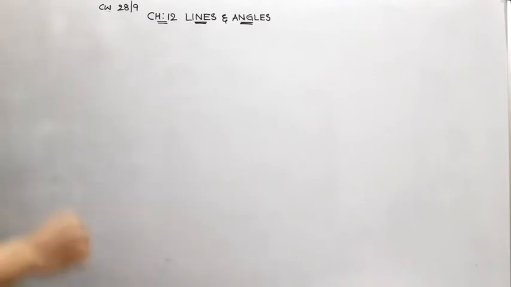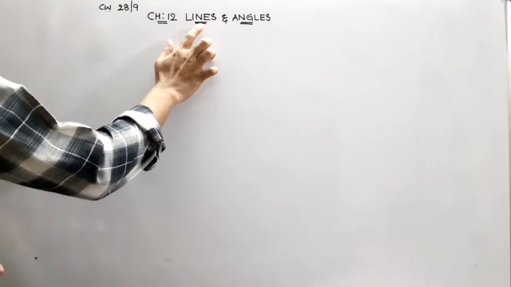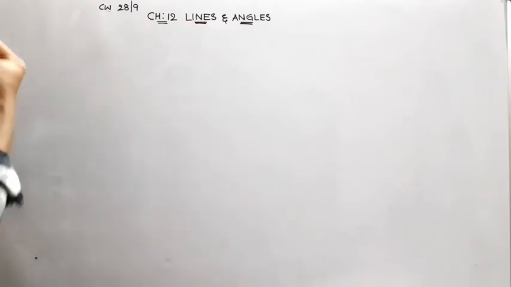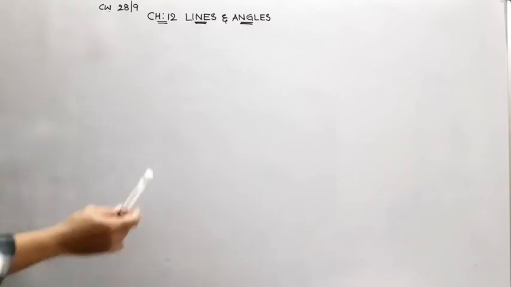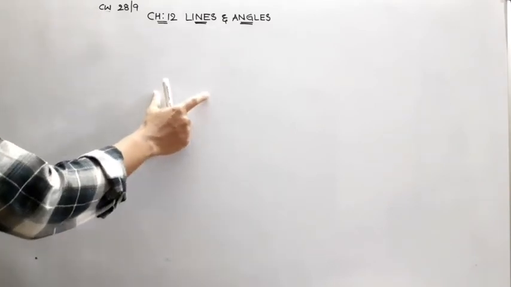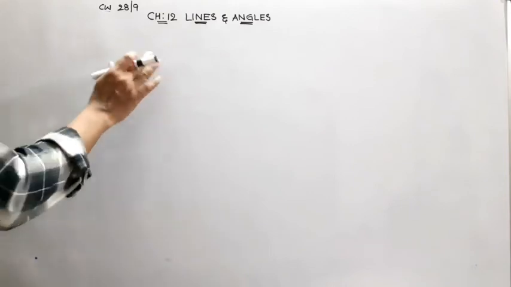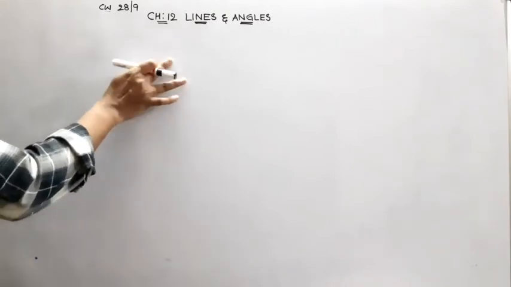So today I am going to start chapter 12, a part of geometry, lines and angles. One of the foundational concepts of geometry is involved in this. So understand them carefully. That too is quite easy. For this chapter, no need of a geometry box except scale, pencil and protractor. I will tell you when the protractor is needed. Initially, for the first two exercises, scale and pencil will be enough.